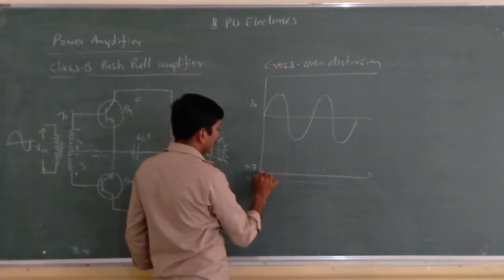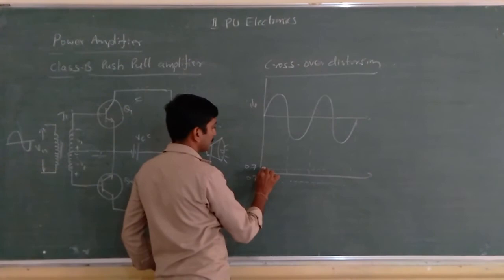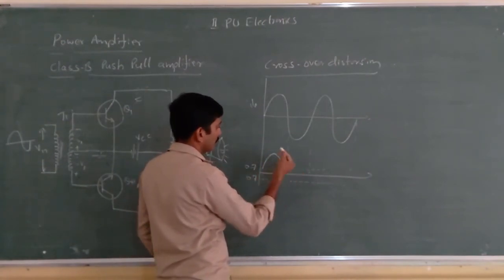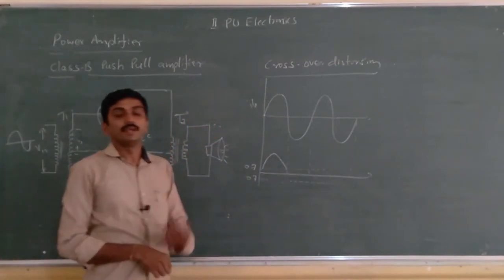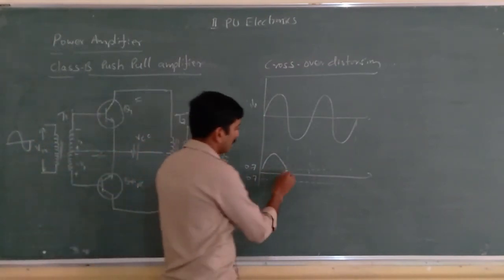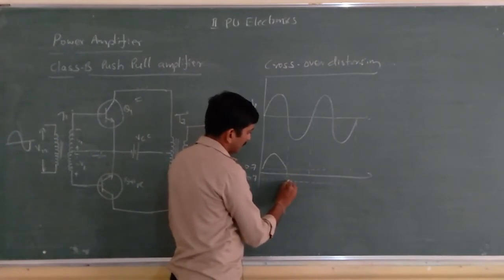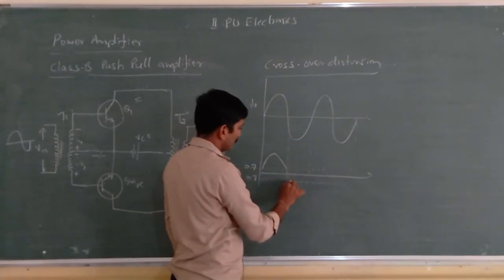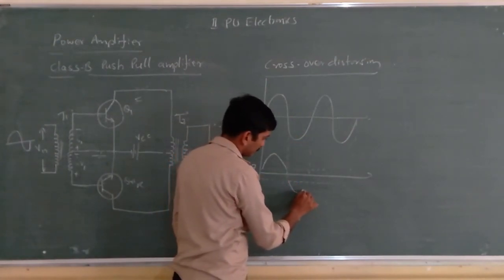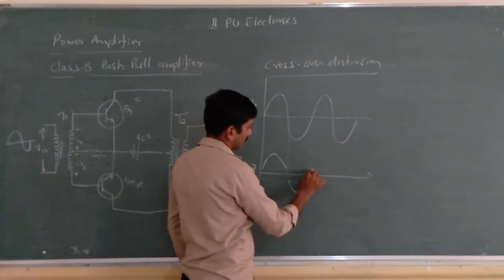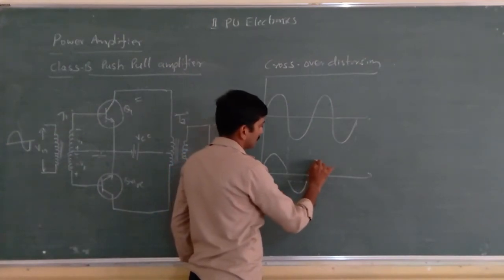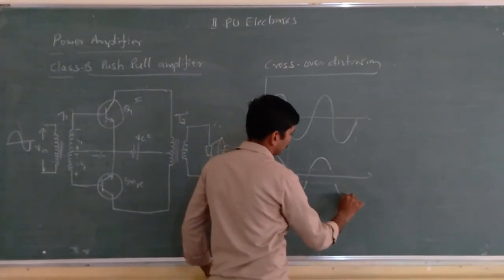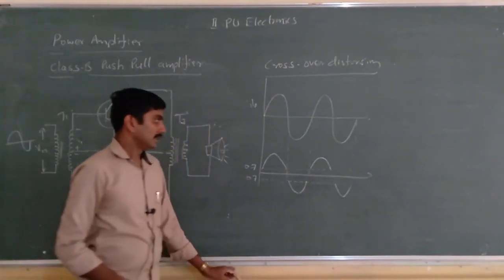See, up to here output voltage doesn't exist, and after that it starts conduction, and up to 0.7 volt it conducts, and below 0.7 once again it gets reverse biased. So up to that level once again you won't get any output signal here. See, from here onwards once again conduction starts. Next, up to here you don't have any output signal. See, here once again you will get output signal, and you don't have any output, like this. Like this you will get the output signal.